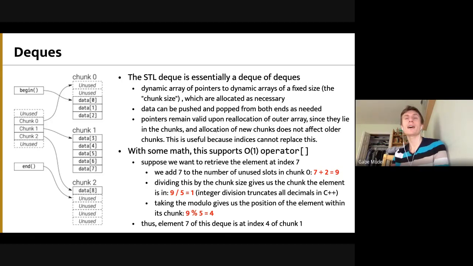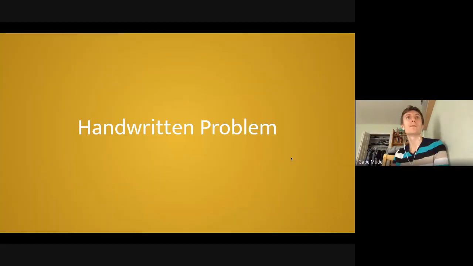The implementation of a deque isn't actually super important, so we don't have to spend that much time on this, but it's kind of cool, and it has a really good interface. Having O of 1 front, back, and square bracket is really useful. However, typically in this class, you'll only really need to use deques for implementing queues and stacks. Honestly, you don't really ever take advantage of the square brackets in this class, but it's still nice. Okay,